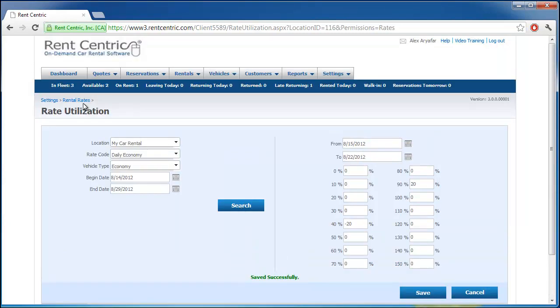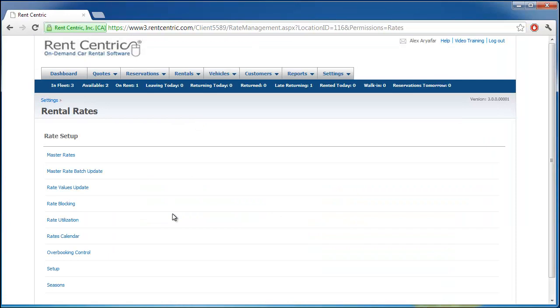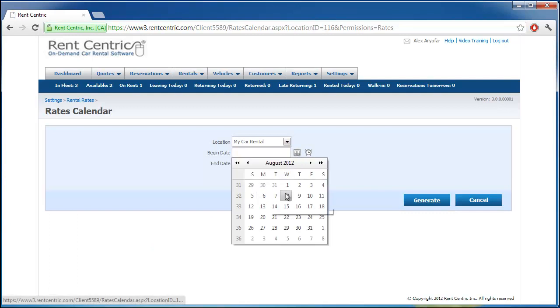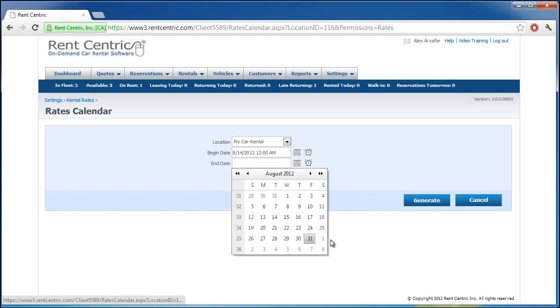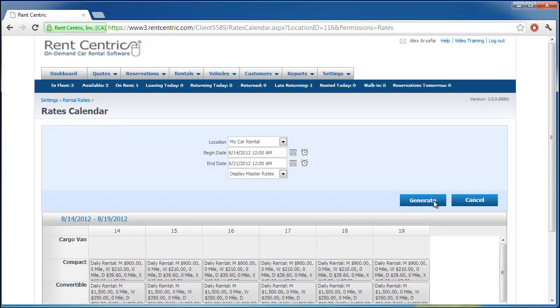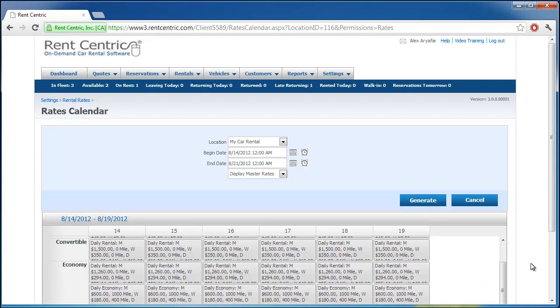So going back to the master rate setup, Rates calendar is a simple tool that allows you to view all your rates, base rates and any modified rates. So let's say I'm going to go 14 to the 20th, 21st, and I go display rates. This is showing me all the master rates that I have in the system, or let's call them the base rates. And here, if I go generate,